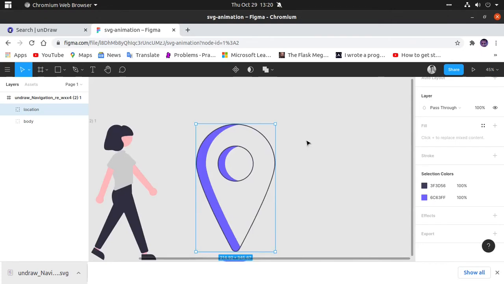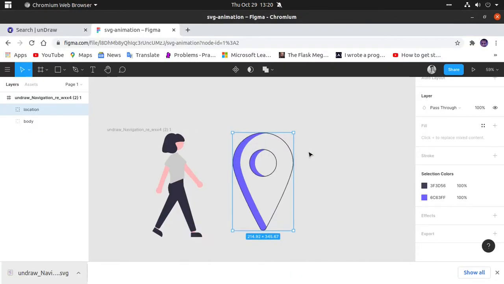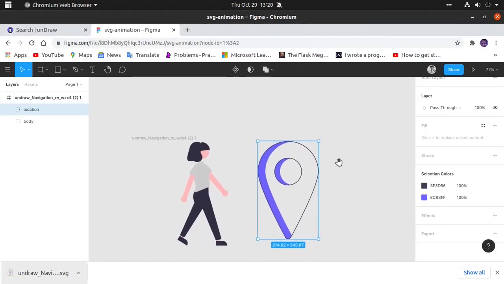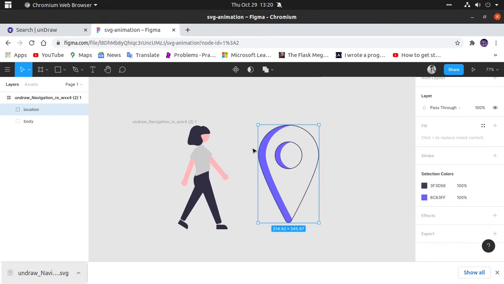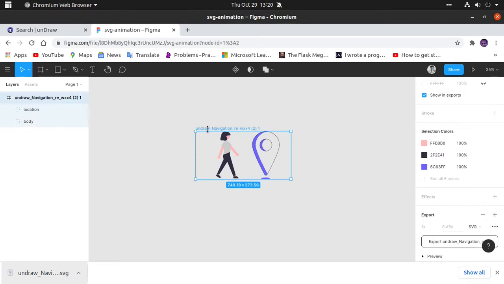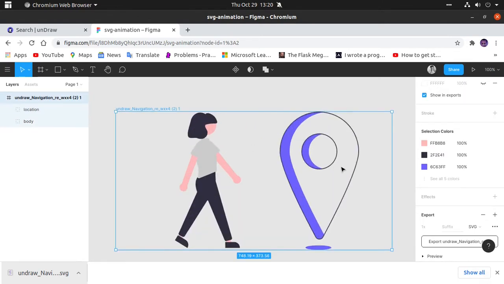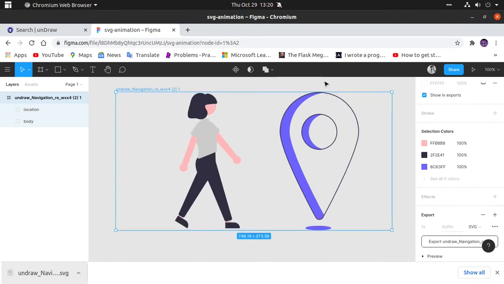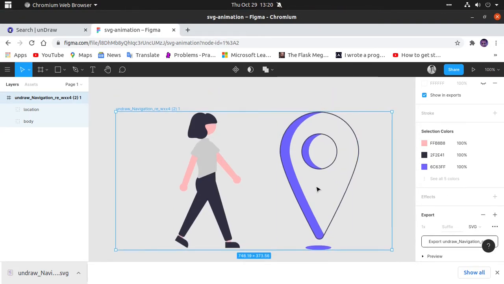But one more thing I want to do here. If I animate this whole thing, I want to animate it up and down. The frame of this one is only this much, so if it goes up, it will go out of frame. And if it goes more down, it will also go out of frame. I don't want it to go out of frame.